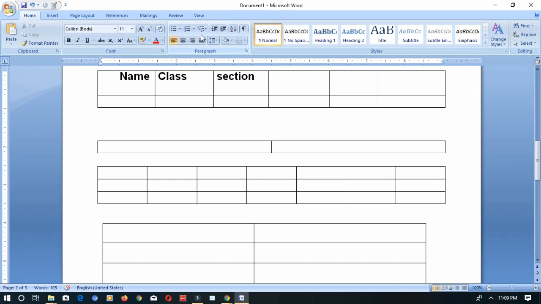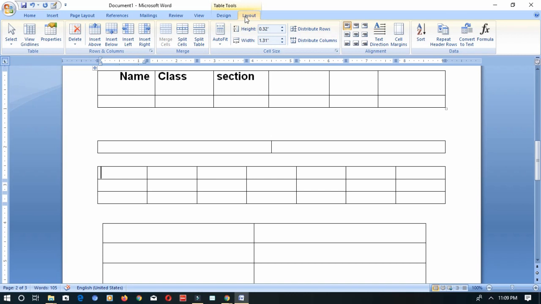You now know how to delete cells, columns and rows, insert rows or columns, and merge and split cells of a table. Now, adjusting the size of the row and column. How can you adjust? Same, you go to the Layout tab, to the Cell Size group.